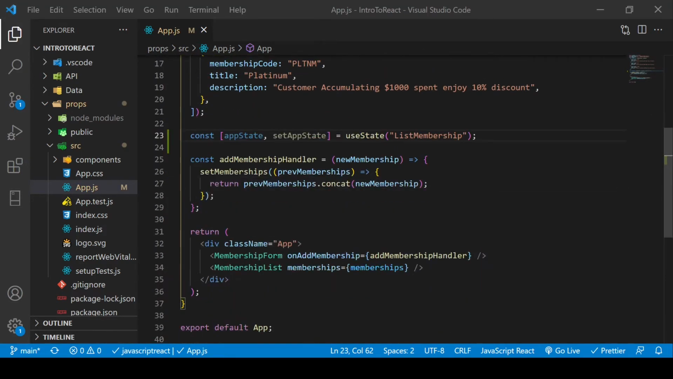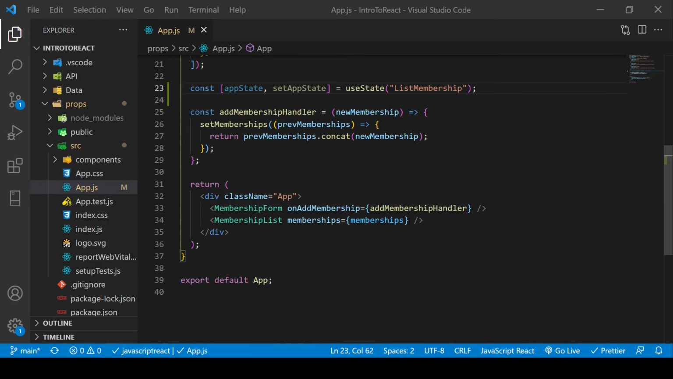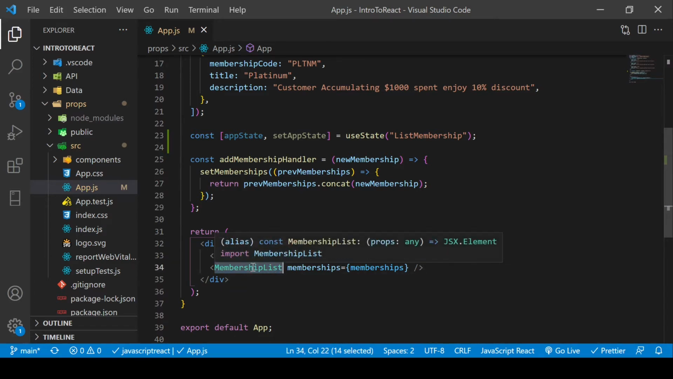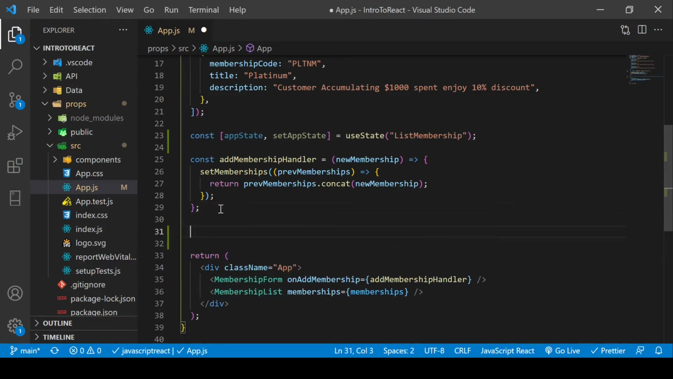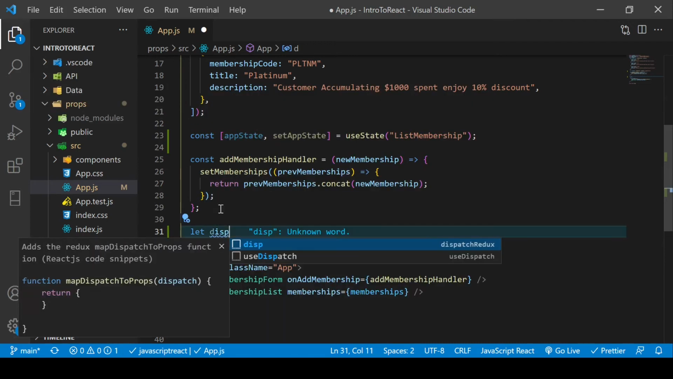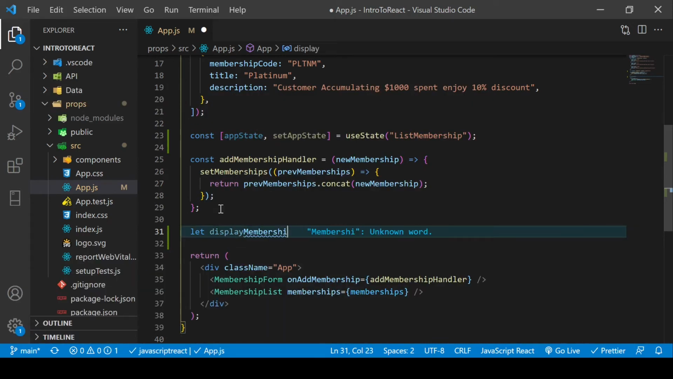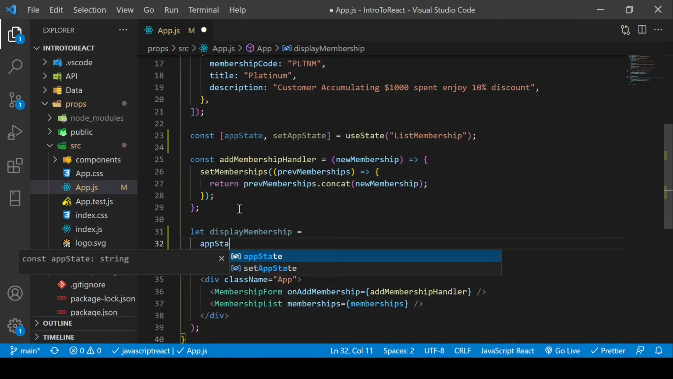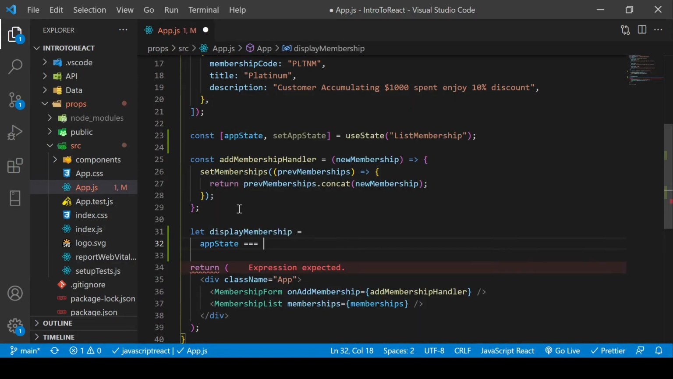So now let's go down. Right now we render the membership form and membership list inside our main application. We want to change this, so let's create a variable. So let display membership equals, so we'll create conditions. So app state, if it's equal to add membership,